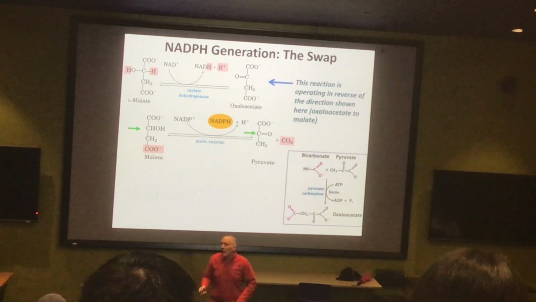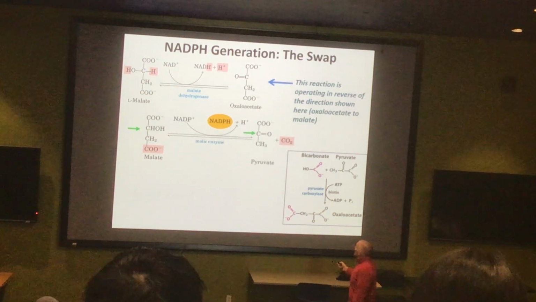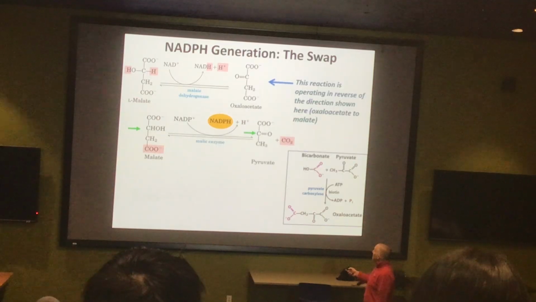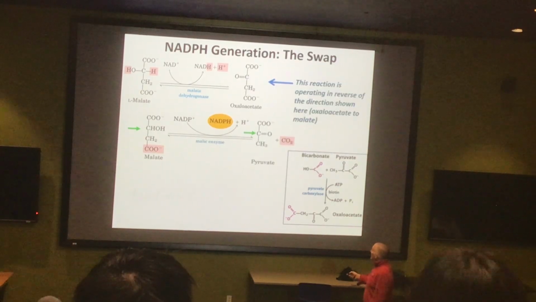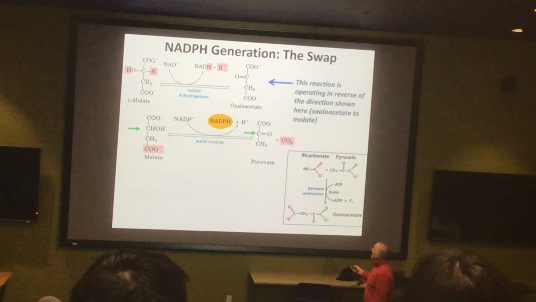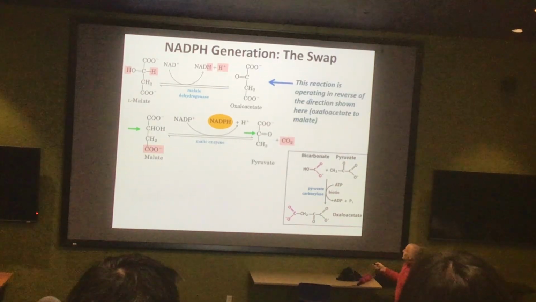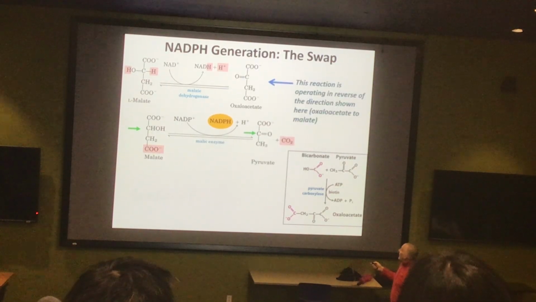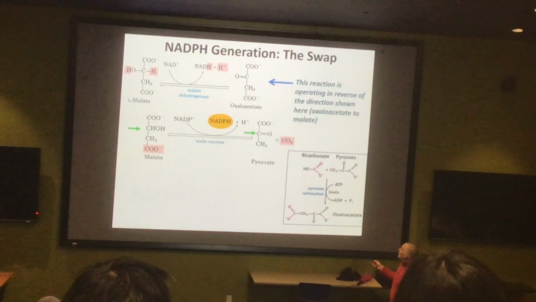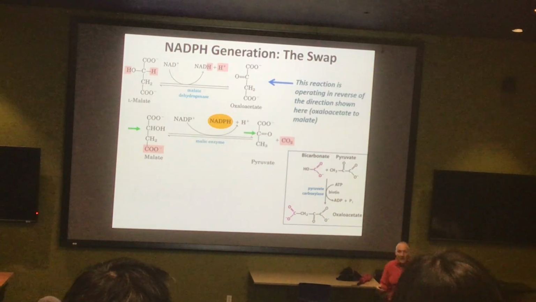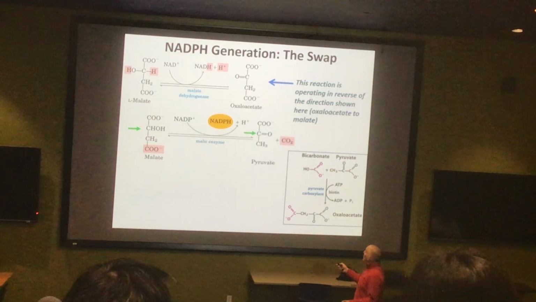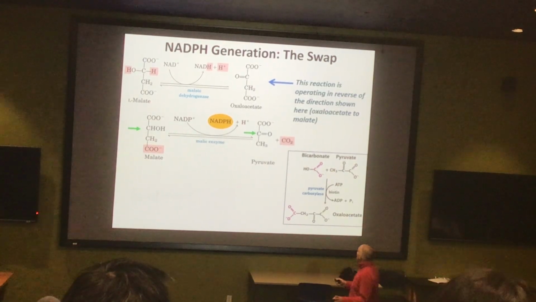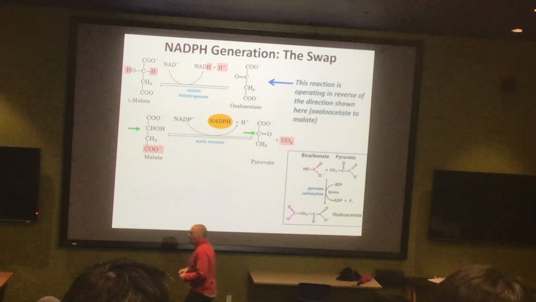Look at the series of reactions we're doing. We are first going to reduce oxaloacetate to malate, right? So we're running in the reverse direction of here, because this is a nice slide, so I kept it. And then we're going to reoxidize the malate to pyruvate. But notice what we've done. We've essentially collected those electrons on NADH and net transferred those NADH electrons to NADPH. So we had some NADH, right? We transferred the electrons net to NADPH. And this is what's called the reductive swap.